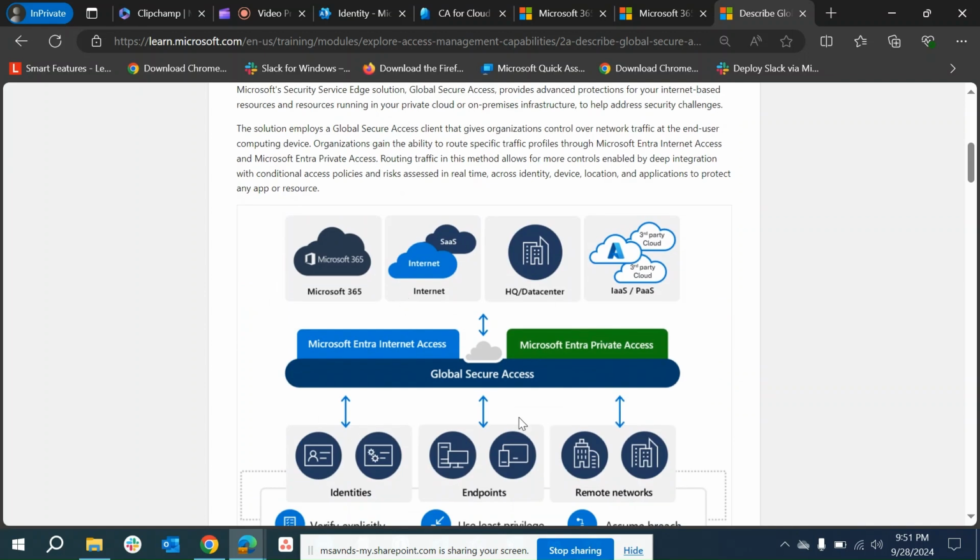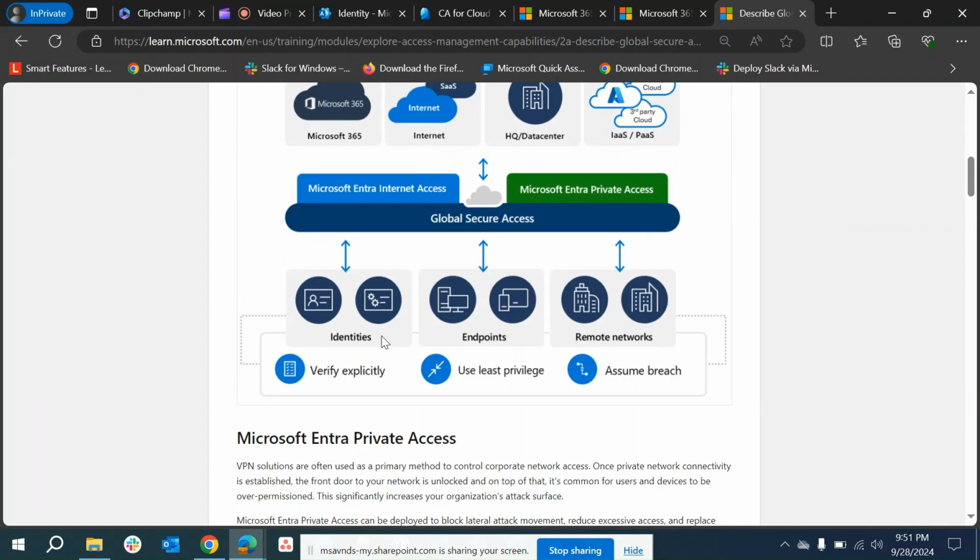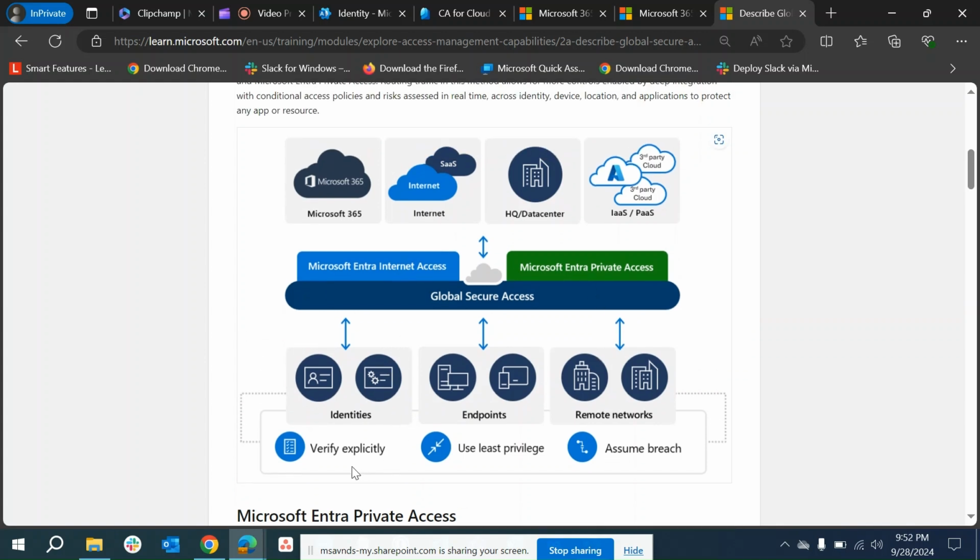So here you see a graphical representation which shows how it really works, which has zero trust methods as well, which is verify explicitly, use least privileges, and assume breach. So these are the principles of zero trust, right? And then it also applies on identities, endpoints, and remote workers, and at the middle layer you see Entra Internet Access and Entra Private Access, and over the Global Secure Access. So these are the two services which are on top of Global Secure Access, and then those are flowing through